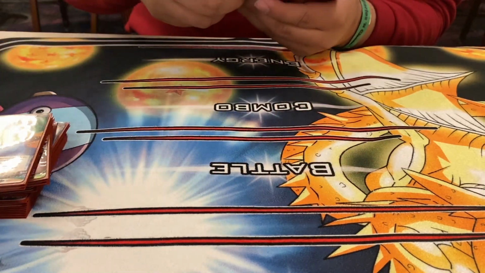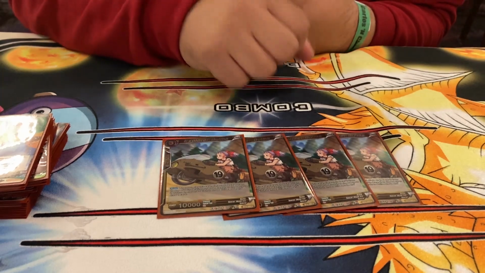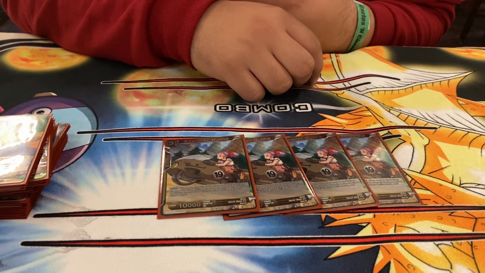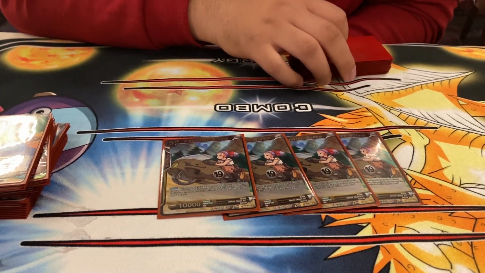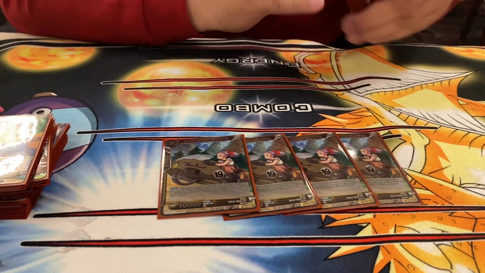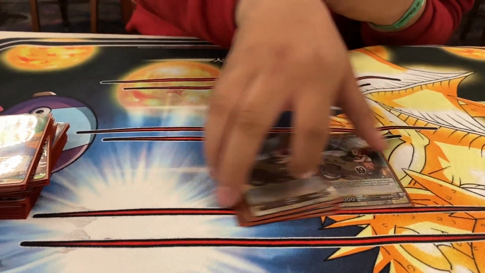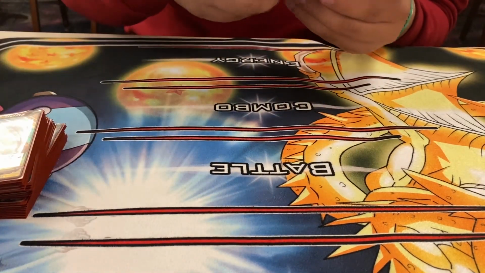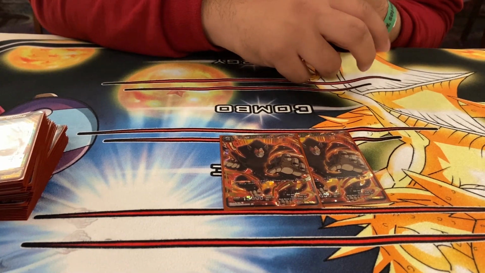Next up, 4 Explorer Bulma, another successor target, and also serves to help out the Gogeta part because you're milling 2 cards. So that's really great. That's pretty much it. You draw a card too, so you filter through your deck. And that's Bulma. I'll play 2 apes,